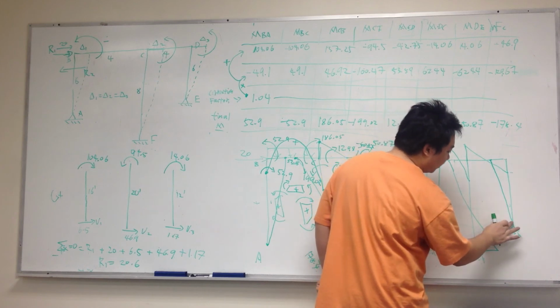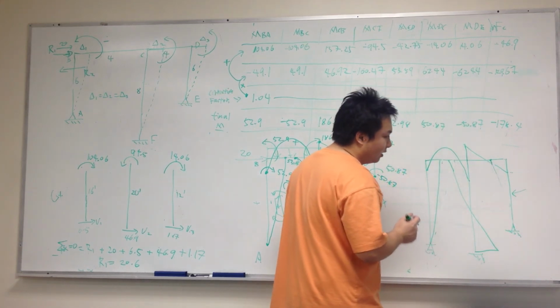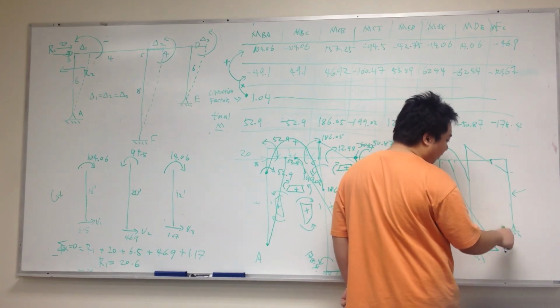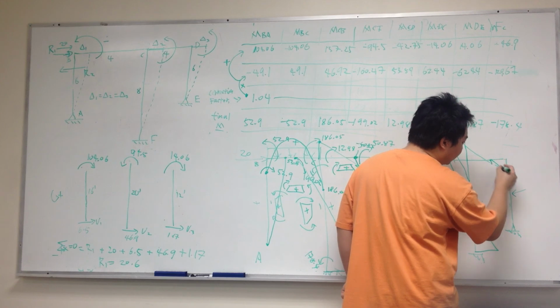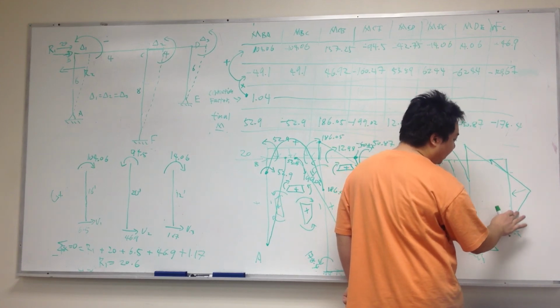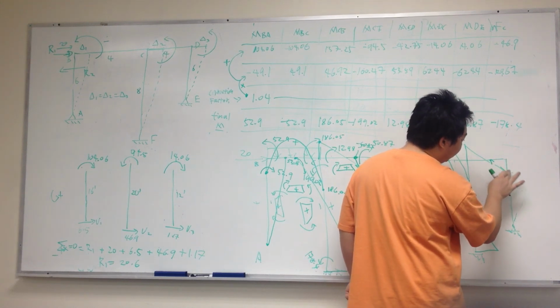But for example, if you have a point load acting this way, point load is going to change the shape of this moment, so you're going to have something like this. But in our case, we didn't have any point load at the span, so we don't have to do that. All we have to do is just bring